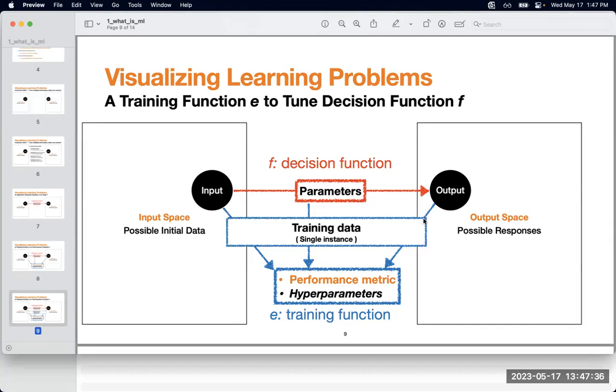In order to actually estimate that performance, you need to rely on some existing examples, some existing data. So that usually is referred to as training data, because the model would be trained using that data to find ideally the optimal weights or parameters to perform optimally.